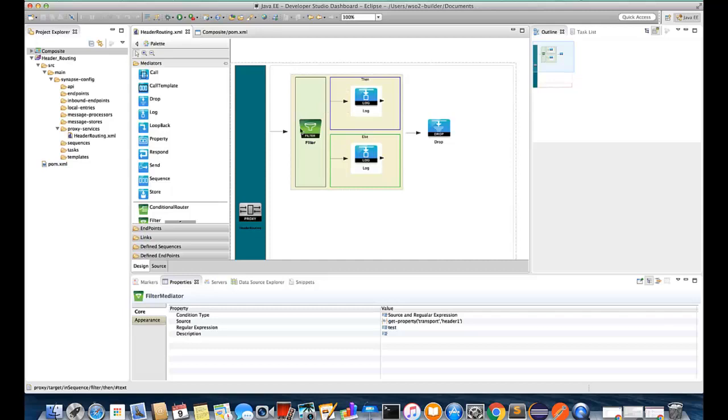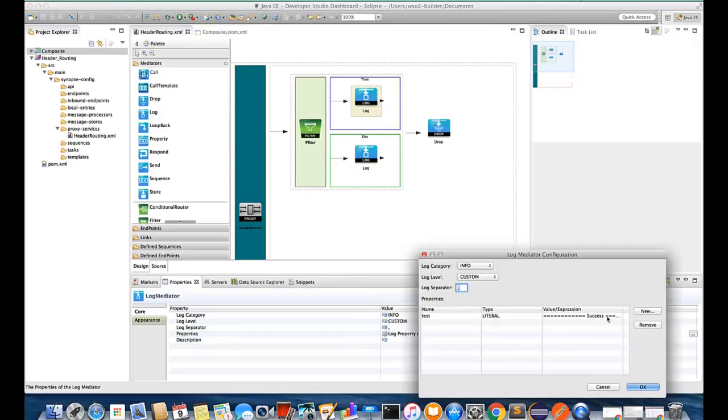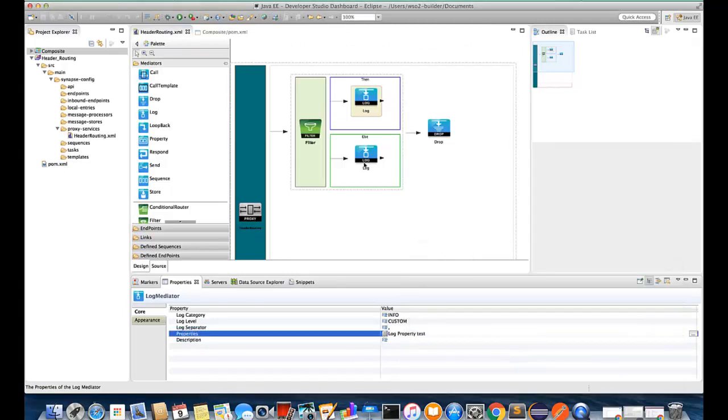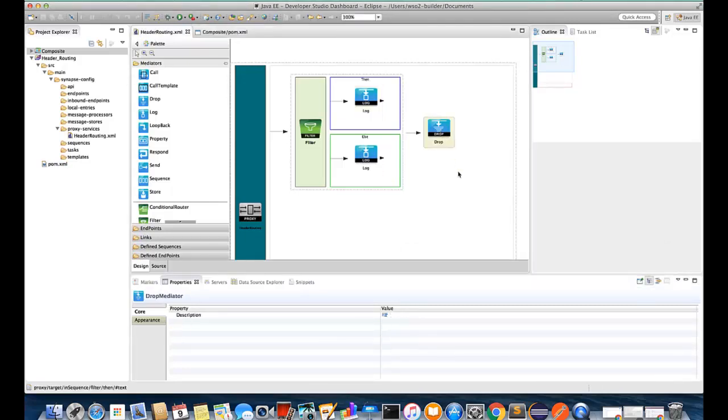If the given configurations are successfully executed, then the mediation flow comes into the then block. Inside the then block we have added the log mediator with a successful log message, and for the else part we have a failure log message, and finally we have added the drop mediator,